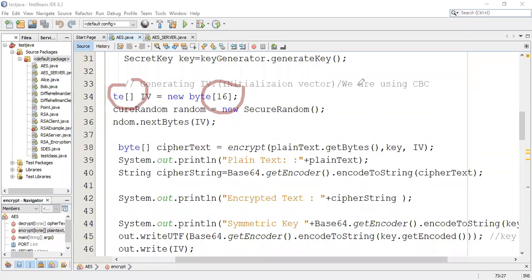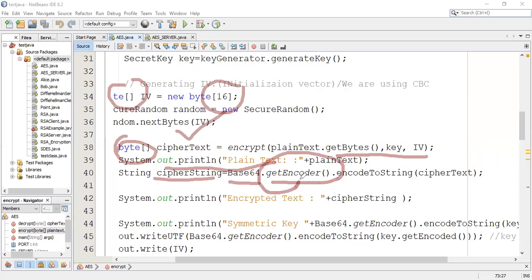Okay. Now I have read this one byte by one byte, and those bytes I have transferred, okay, to ciphertext, whatever text I have given, and that comes to the plain text. Now, once I have read this plain text, there is one function. The cipher string. Base64 getEncoder means that I am going to encode directly over here. Okay. So in the program that